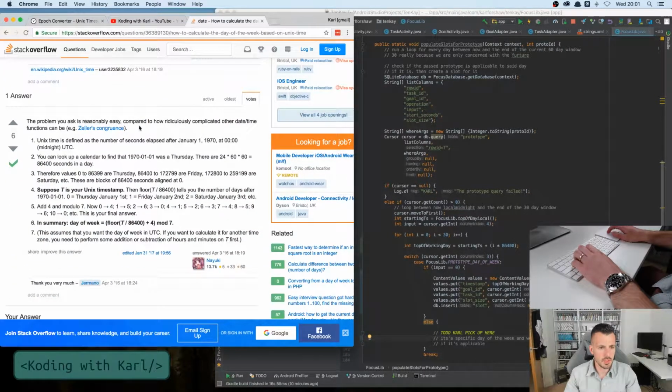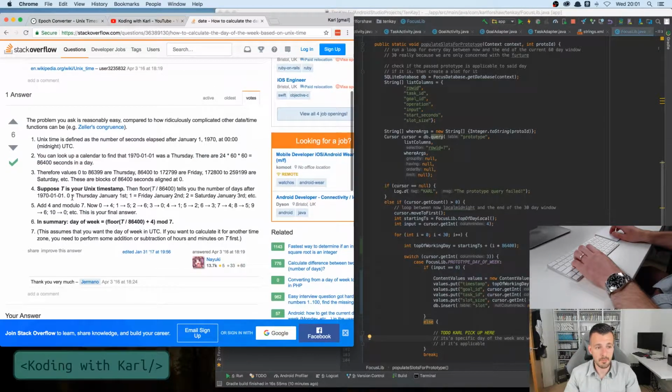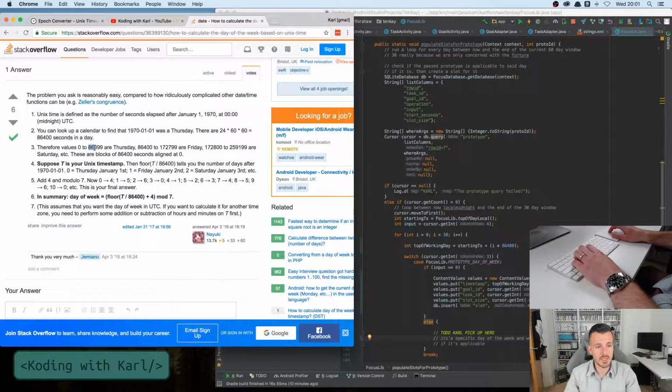The problem you ask is reasonably easy compared to how ridiculously complicated other date time functions can be. Unix time is defined as the number of seconds elapsed after January the 1st, 1970 at midnight UTC. You can look up a calendar to find that 1970-01-01 was a Thursday. Therefore, there are 24 times 60 times 60, which we know is 86,400 seconds in a day. Therefore, values 0 to 86,399 are Thursday. 86,400 to